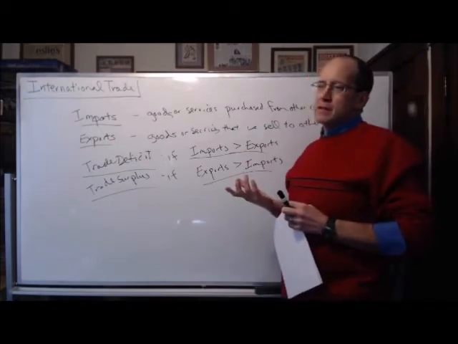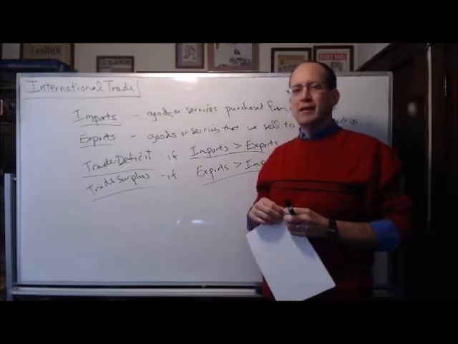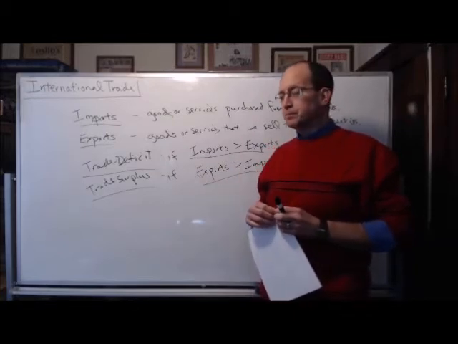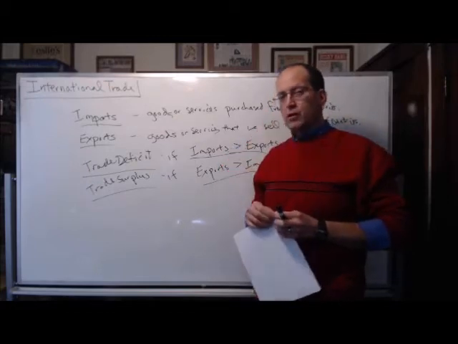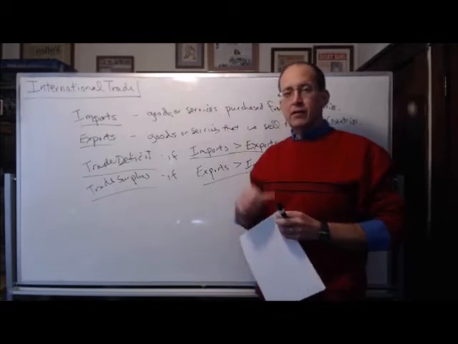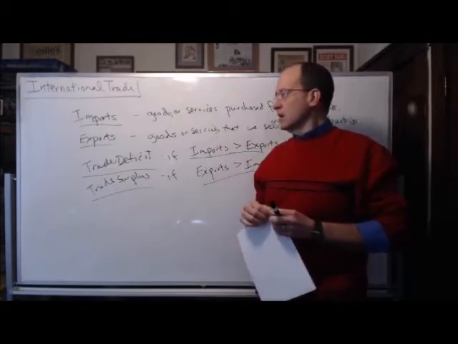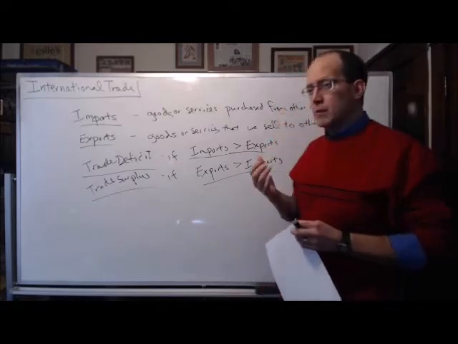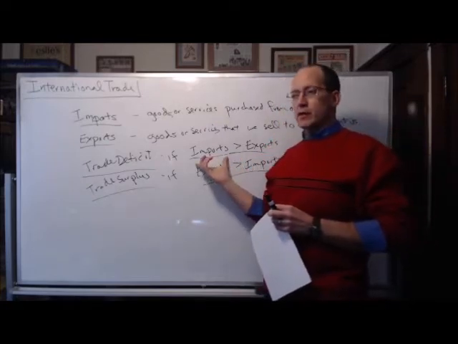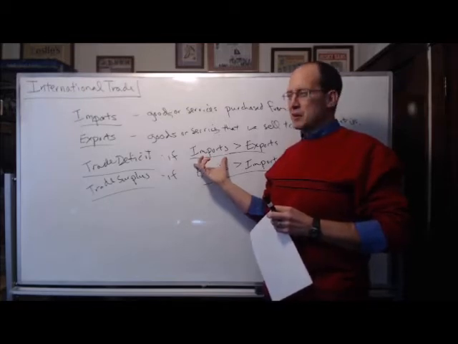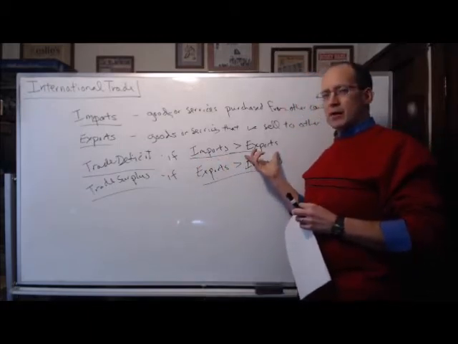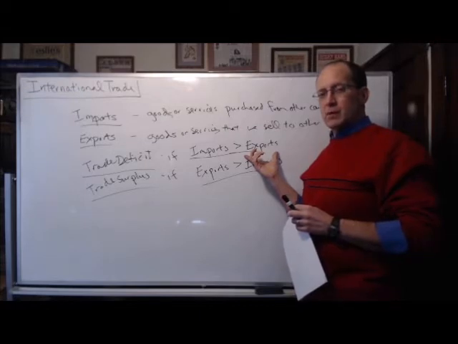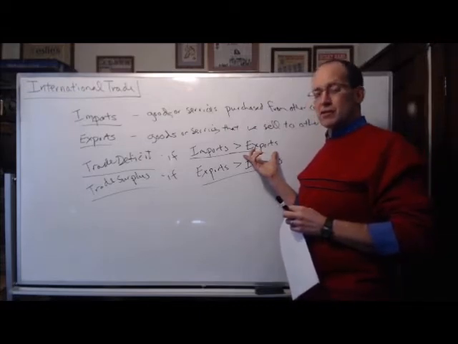And so one reason that trade deficits really started to balloon in the United States after the beginning of the 1990s was that the US dollar became really, really strong. That's a great thing, right? A strong dollar. Hey, go America, buy American. But a strong dollar meant that our money went a long way. So imports from other countries were really cheap. Our dollar would buy a lot of products from China and Japan and other places because the dollar was really strong. And on the same token, our exports were really expensive to people in other parts of the world because the dollar was strong and their currencies were weak.